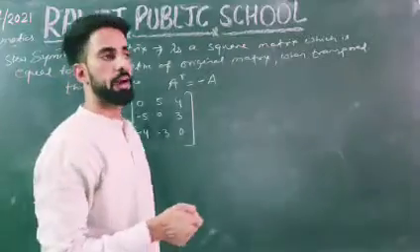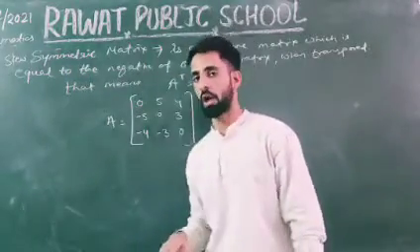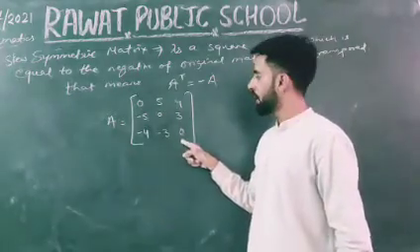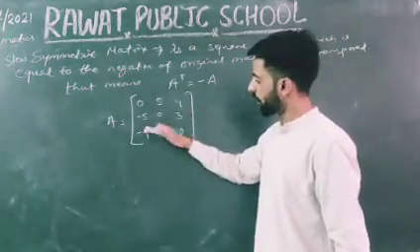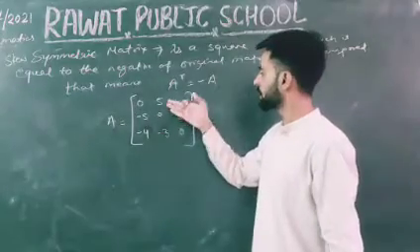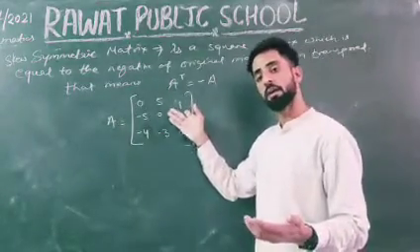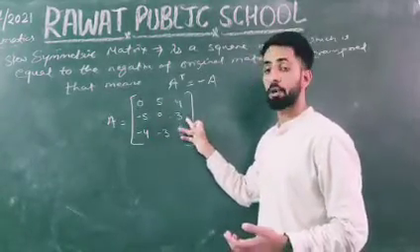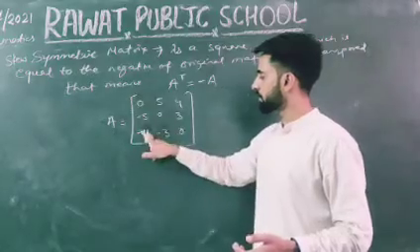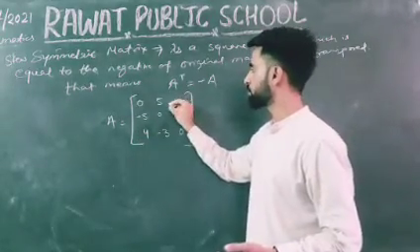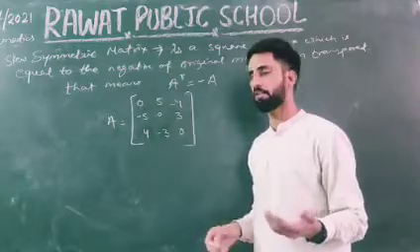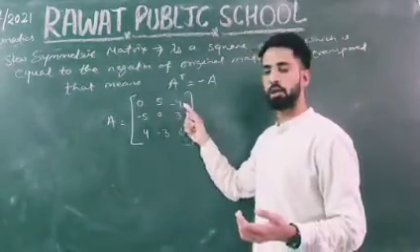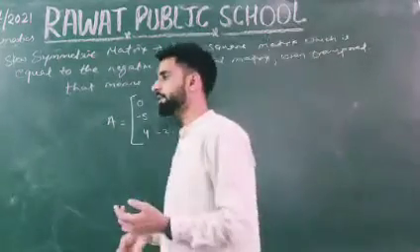How can we identify whether the matrix is skew symmetric or not? First of all, the diagonal elements must be 0. Second thing, the elements on one side of the diagonal must have the same element on the other side but with reversed sign. These are negative here, 5, 4, 3. 5, 4, 3 are positive. If any one of these is positive, then its counterpart has to be negative. So how to identify? Diagonal elements must be 0 and opposite sign elements on both sides of the diagonal.